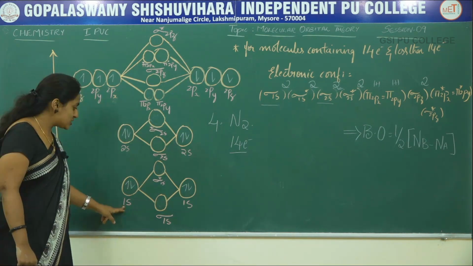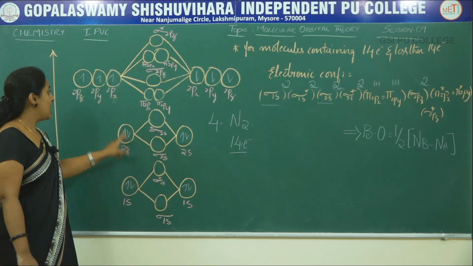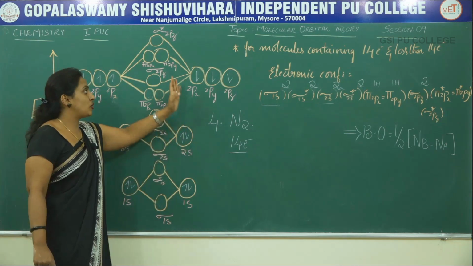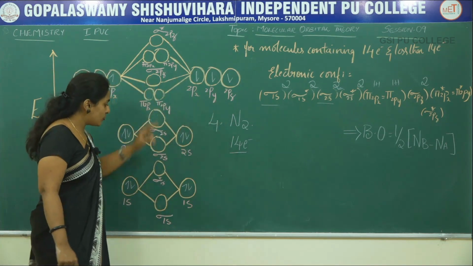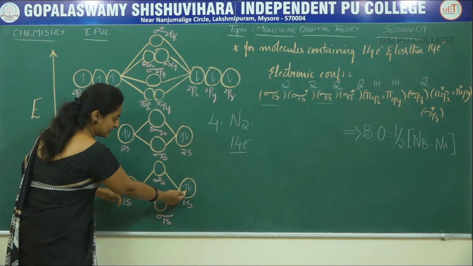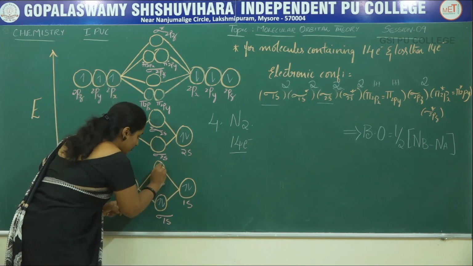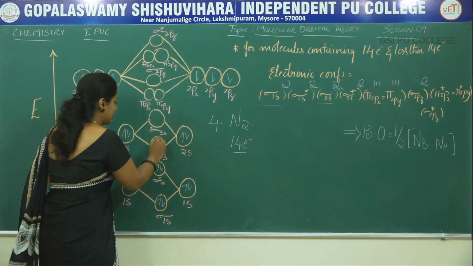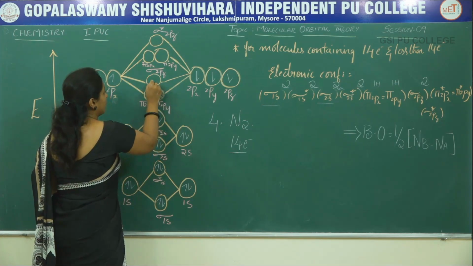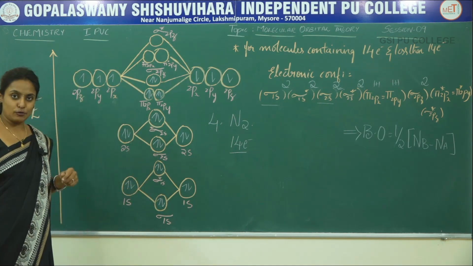You can observe here 1s orbital of nitrogen is completely filled, 2s atomic orbital of nitrogen is completely filled, and 2p atomic orbitals are half filled. Similarly, these are the atomic orbitals of another nitrogen atom. Both combine together to give the molecular orbitals. So, one electron in 1s and other electron in 1s combine to form sigma 1s. Similarly, other 2 electrons combine to form sigma star 1s. Similarly, in this, this is how the electron sharing takes place in the nitrogen molecule.